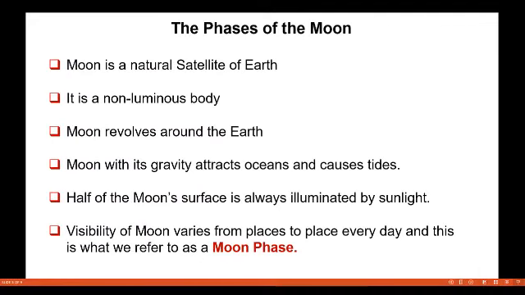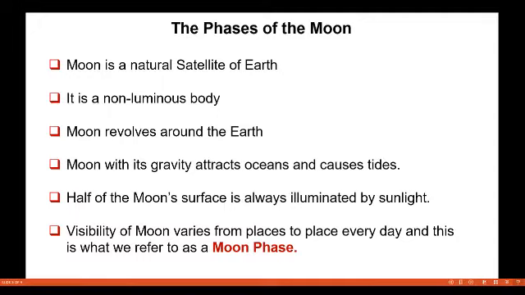In the last lecture we discussed that the moon is a natural satellite of the earth. It is a non-luminous body. It does not have its own light. The moon is visible to us because of the reflection of light coming from the sun. The moon revolves around the Earth. With its gravity, the moon has the capacity to attract water from the oceans and cause tides